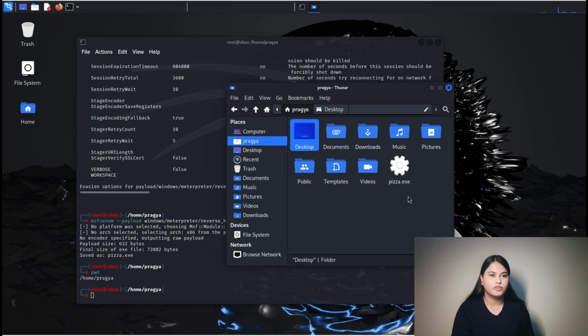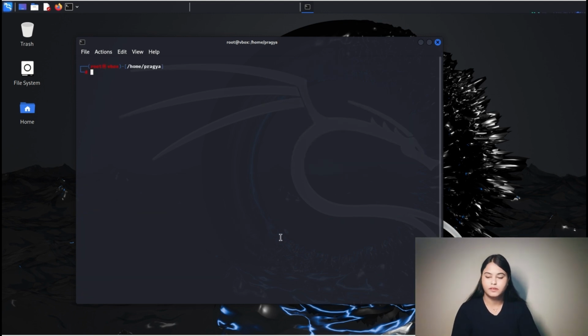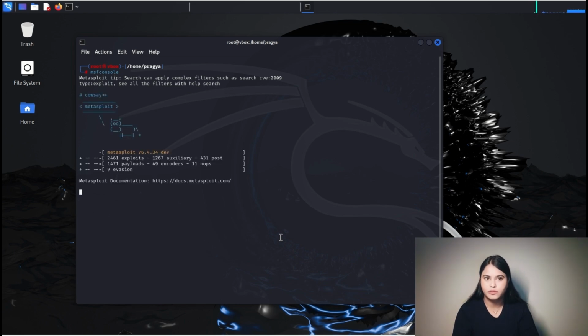Now next, we would be establishing a connection. We'll be seeing how we can establish the connection, and then finally we'll have the Windows 11. So next, we will first be launching the MSF console. It will take some time. We will be using the Metasploit framework, as I've already told, and MSFvenom is an industry required tool, so we must know how to use it.